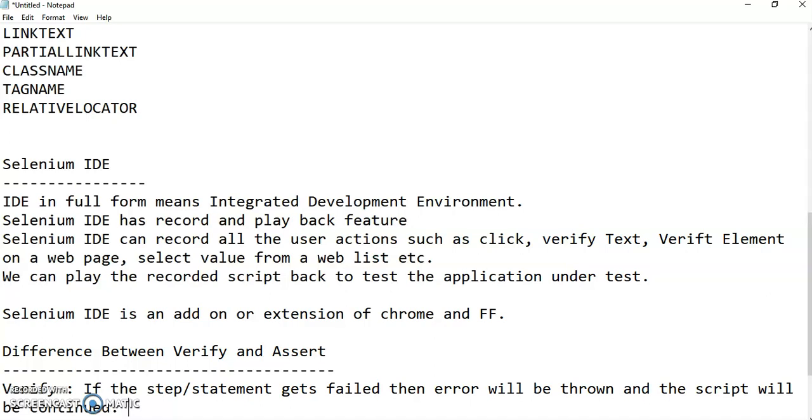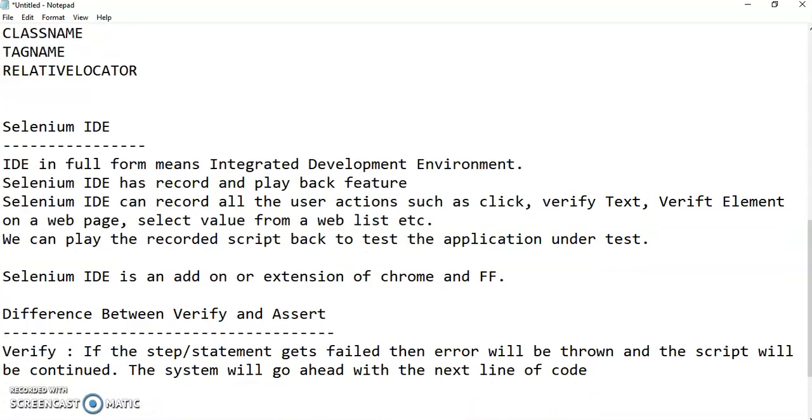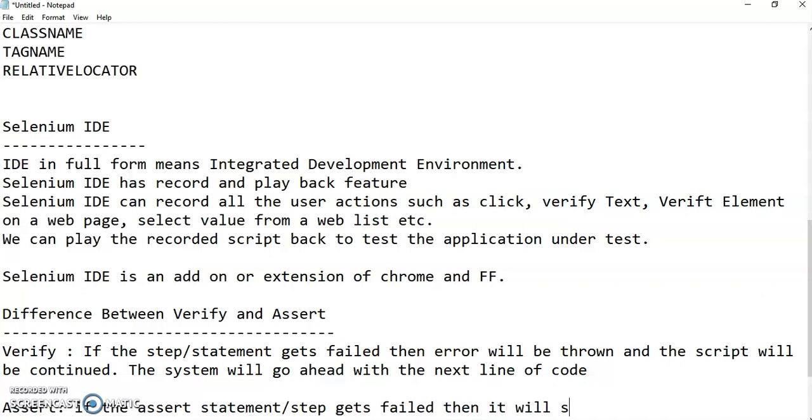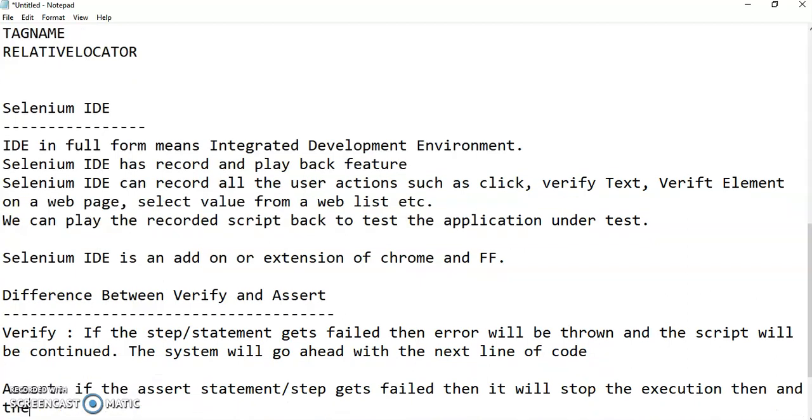That means the system will go ahead with the next line of code, whereas in case of assert, if the assert statement or step gets failed, then it will stop the execution then and there. It will not go ahead with the next line of code. So this is the difference between verify and assert.